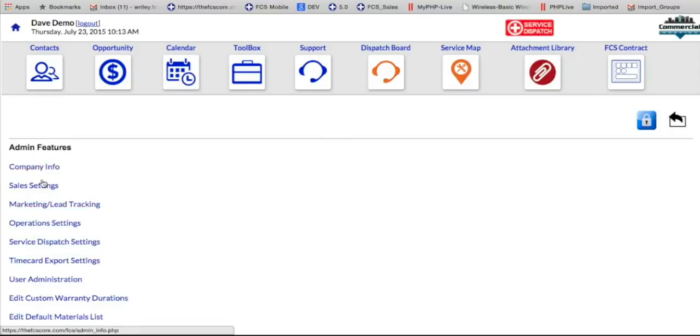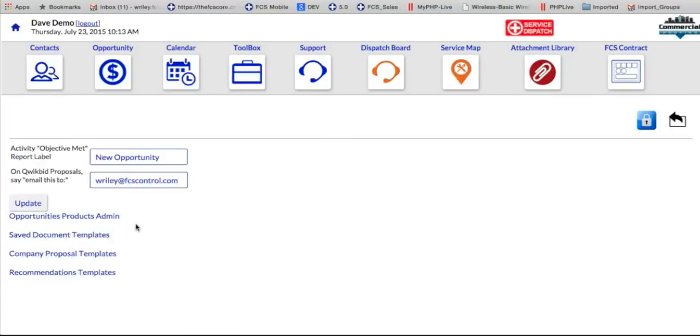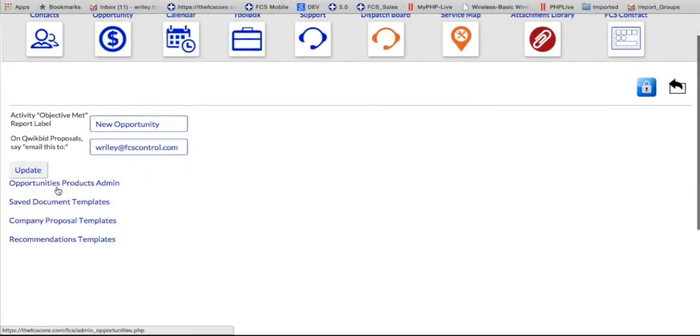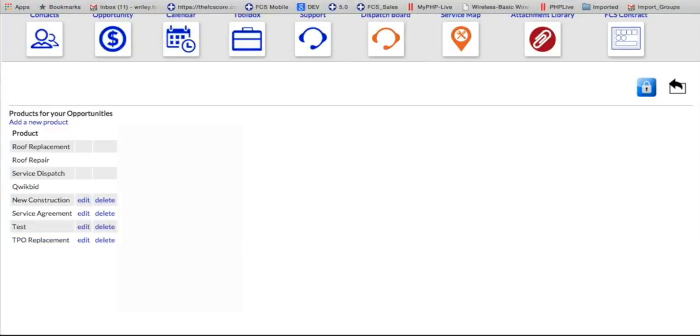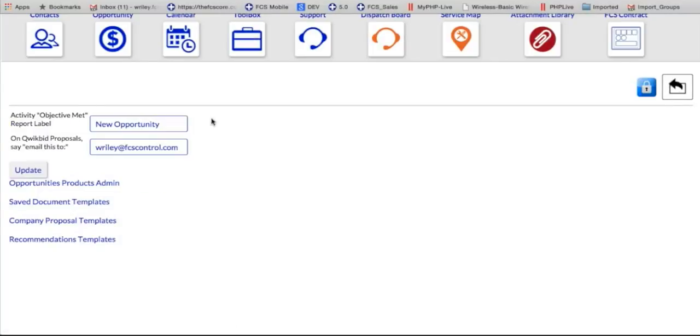Inside of your sales settings, you can add in these different products. There's opportunity products admin, which is where you control some of that. So you have roof replacement, roof repair, service dispatch, and quick bid. These are all default products. You can also add in new construction, service agreements, or specific types of replacements. So I would say spend a little bit of time thinking about what's important to you guys,